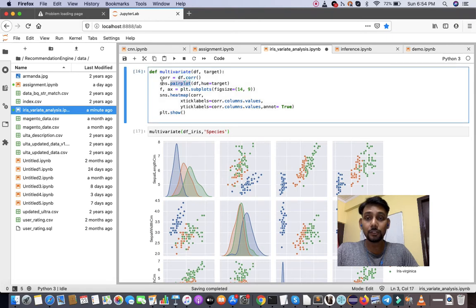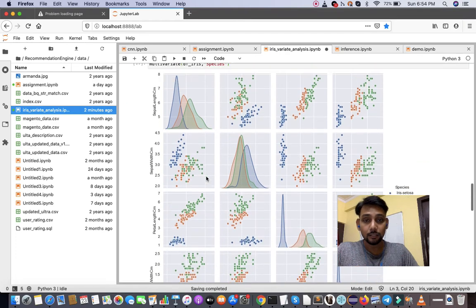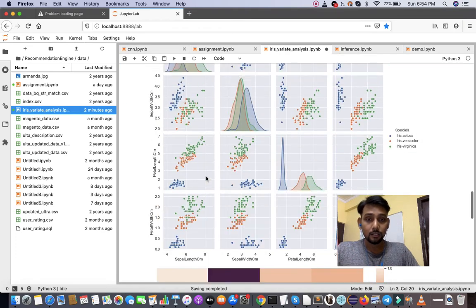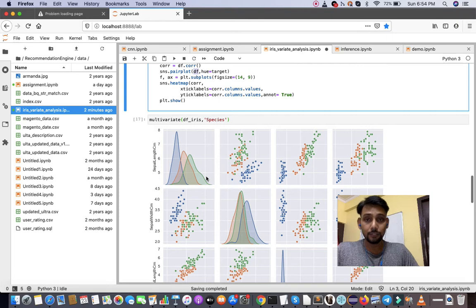I'm sorry, I forgot to introduce the pair plot function inside the Seaborn library. So we have a very good function given by Seaborn. It's the pair plot. In pair plot, we need to pass the data frame, the data sets, and basically again the target variable. That's it, right? So it will basically plot all the continuous variables with multiple pairs.